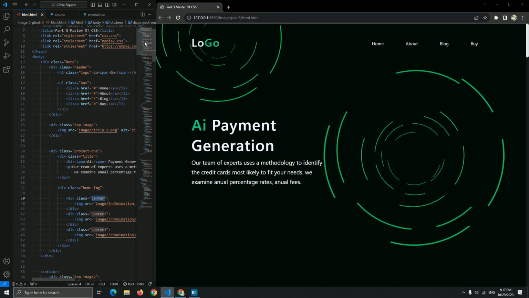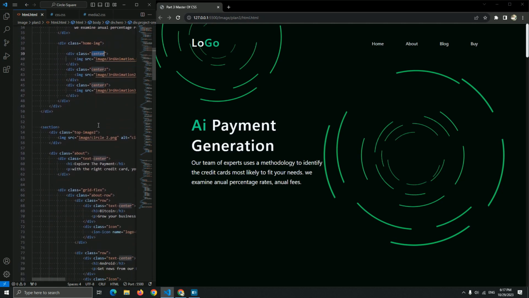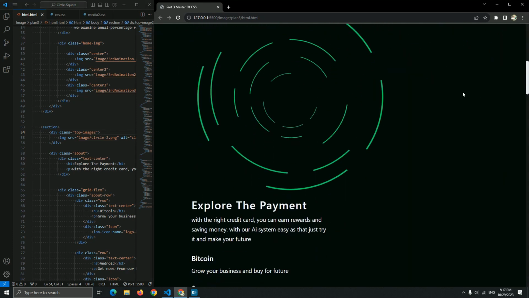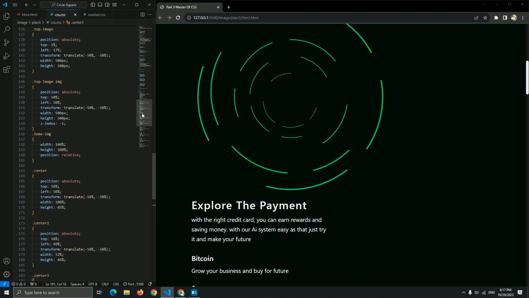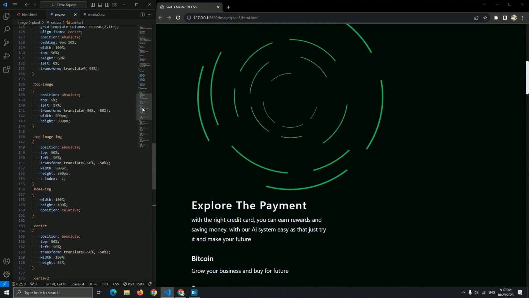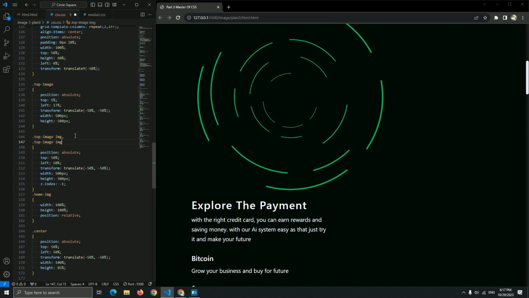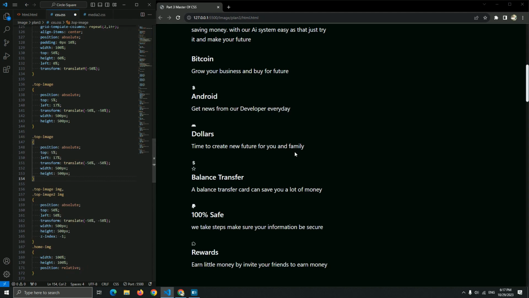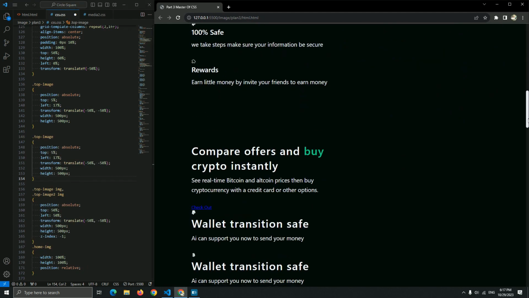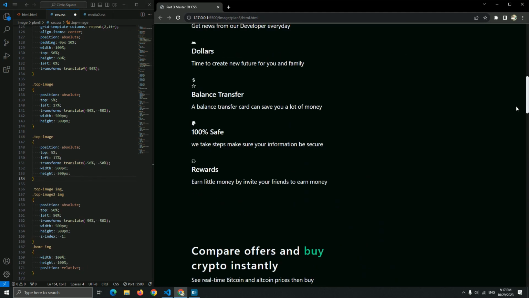I think we add another top image. Let me just see the HTML. Oh yes, the top image 2 for this about section. Yes, as you can see. Let me just create here like this the top image, and let it be the same style of this top image 2. And for the top image, I want to change the position. Let me just copy this, paste it here for the top image of this. Where is it?